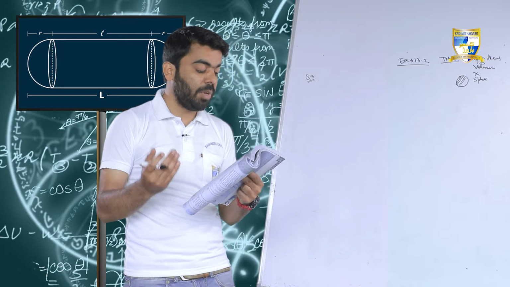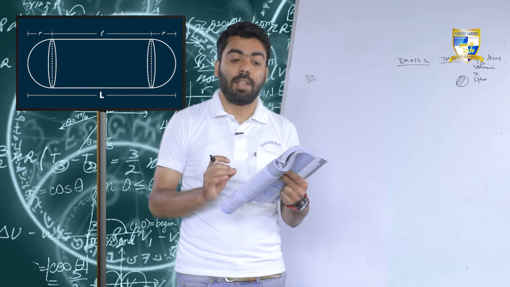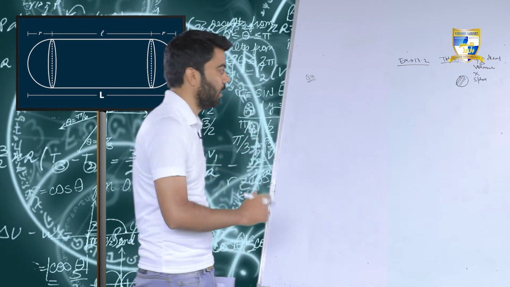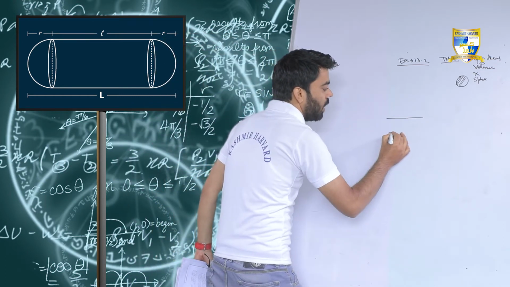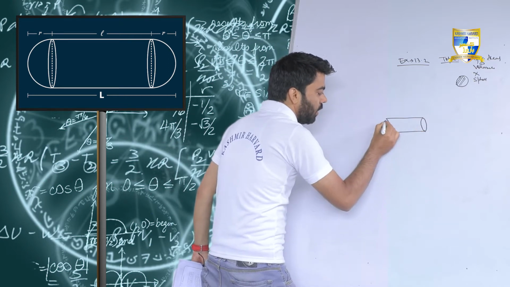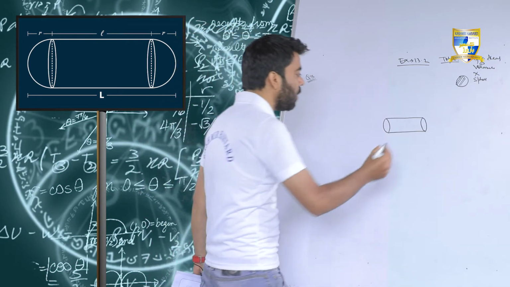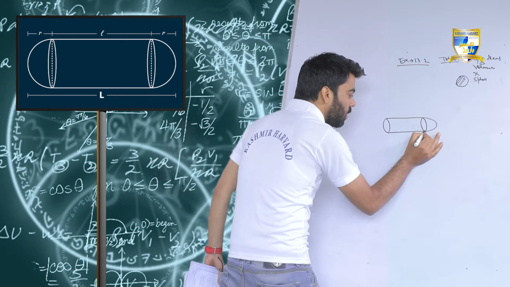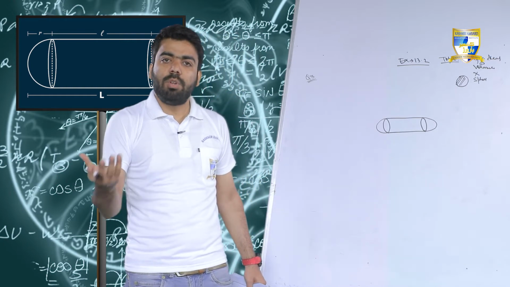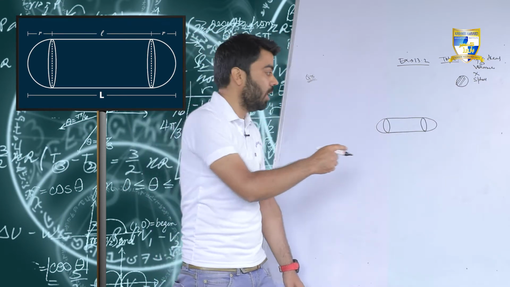Find approximately how much syrup will be found in 45 gulab jamuns, each shaped like a cylinder with two hemispherical ends. That means the shape of the gulab jamun is like this. It is a cylindrical part, and two hemispheres are attached to its ends. Practically the gulab jamun we eat is a sphere, but here in the question, it's like this.